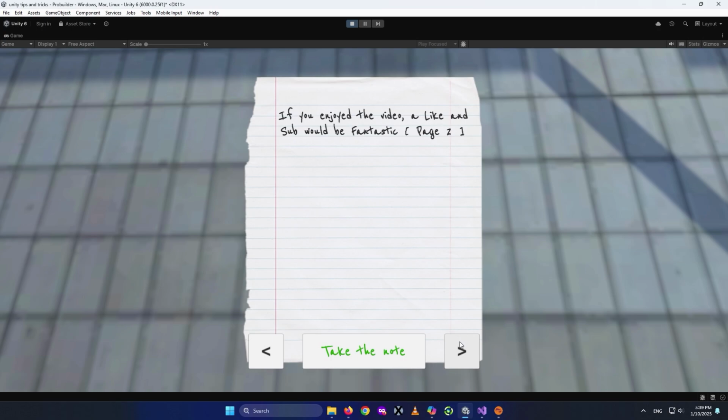Page number 2, and I click this. As you see, a random audio plays,